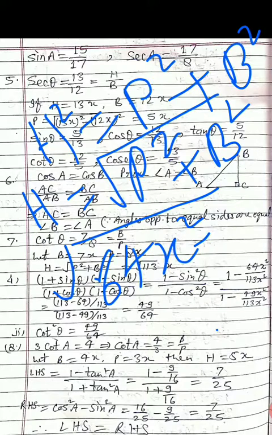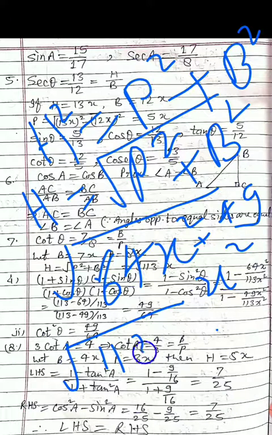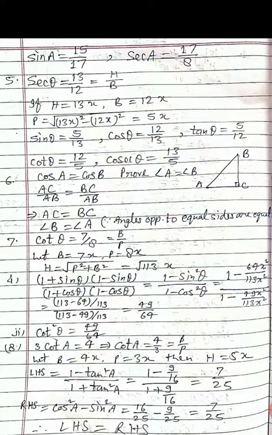64x square plus b square, that is 7x square. 7 का square 49x square, plus कर लीजिए 64 and 49, that is 113x square. Taking square root, x square का root x हो जाएगा और root 113 as it is. That means you will get h equals to root 113x. We wrote directly. So you can solve.